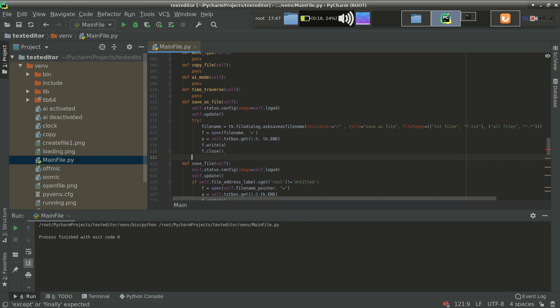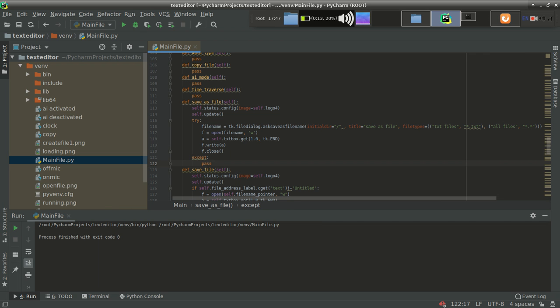And except pass will run if the user has a pre-written file. Because if the user does not want to save a file, you can see that a directory cannot handle a file with the same name.